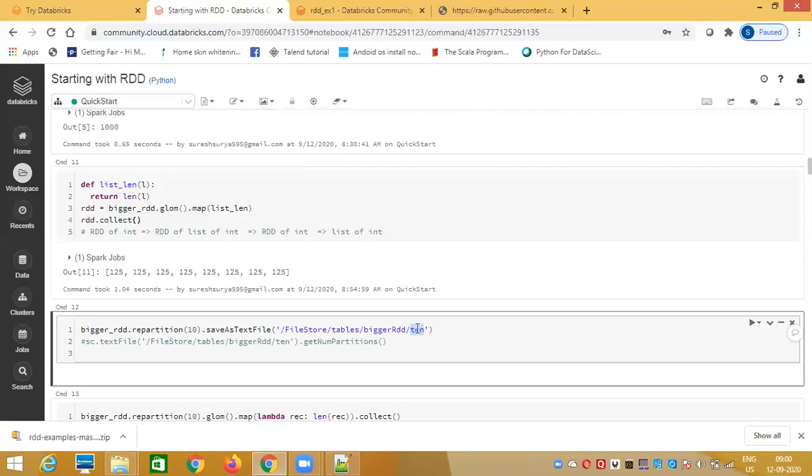Why is it like that? Why do you think so? No idea, Siddharth. Okay, the point here is that every time you write a distributed collection, and it has 10 partitions, the 10 partitions will be written as 10 different files. That's why every time you write, you have to give the directory location. Even if you give 10.txt, it will create a directory 10.txt, and inside it 10 files will be there. Okay, let's see that.